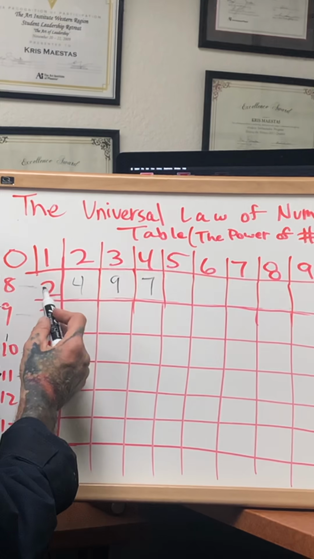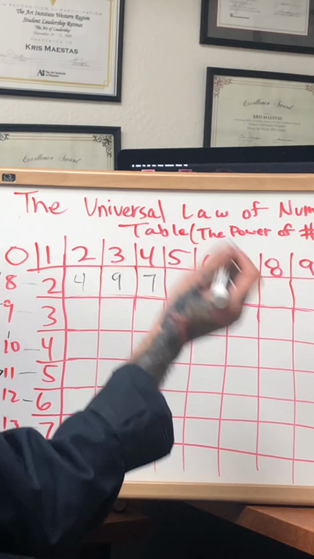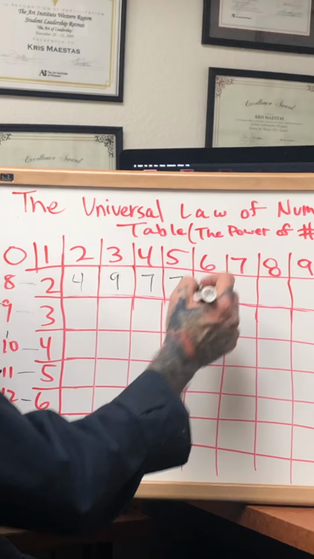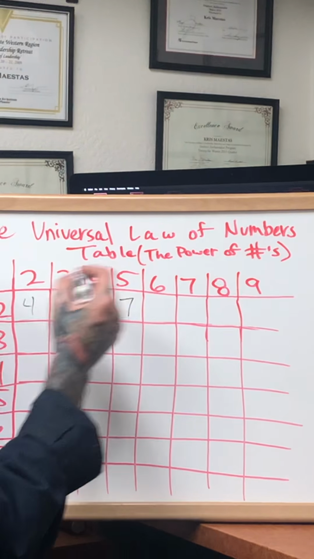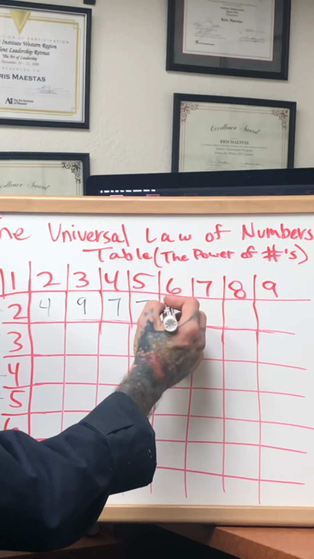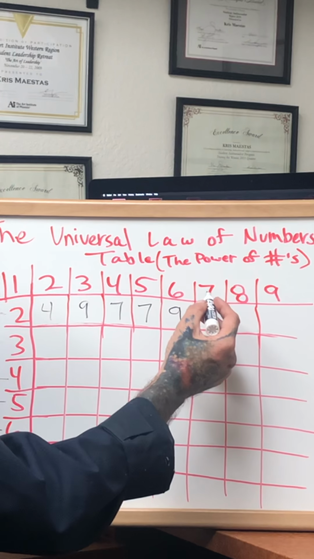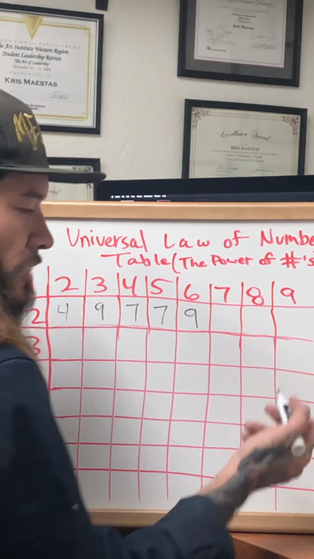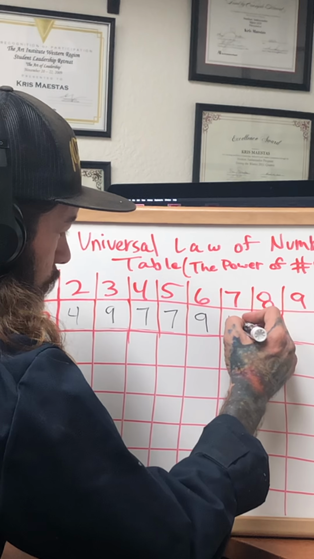And now you've got 5 to the power of 2, which would be 5 times 5, which is 25. And again, take the 2 plus the 5, which is equal to 7. 6 to the power of 2 would be 6 times 6, which is 36, which is 9. And then 7 times 7, which is 7 to the power of 2. This is 49, and then you take the 9 plus 4, which is 13, which is 1 plus 3, which